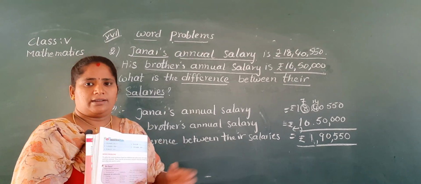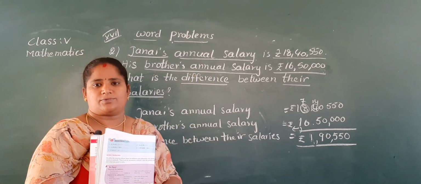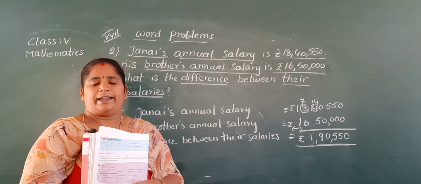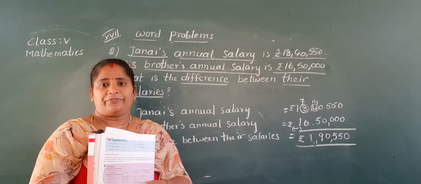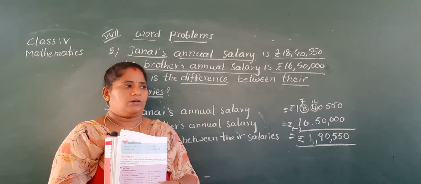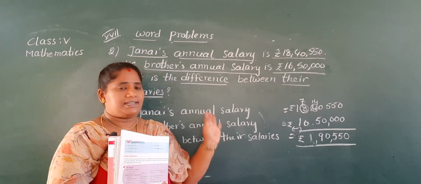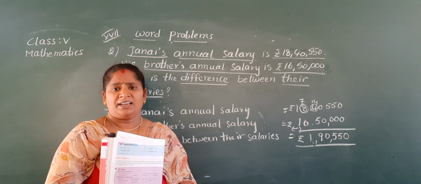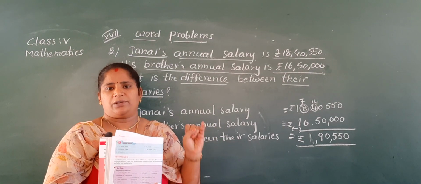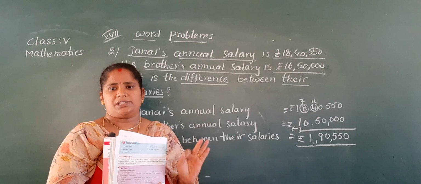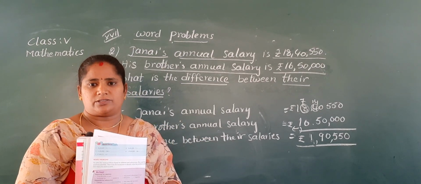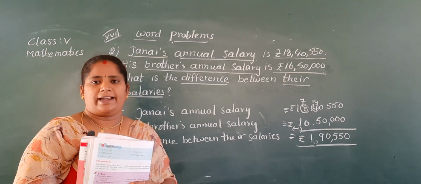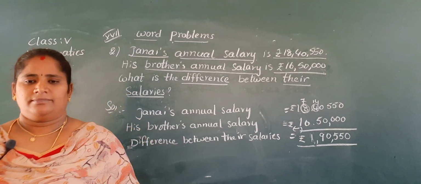So my dear children, you have to practice all these concepts, Nana, for FA1 exam. And along with this, you have to learn 2 to 20 tables. Okay, perfectly. Okay, ma? So, along with this, I will send the revision sheets, Nana. Revision sheet 1, revision sheet 2, revision sheet 3. So, you have to practice those revision sheets also. Okay? All the best, my dear children. Thank you.